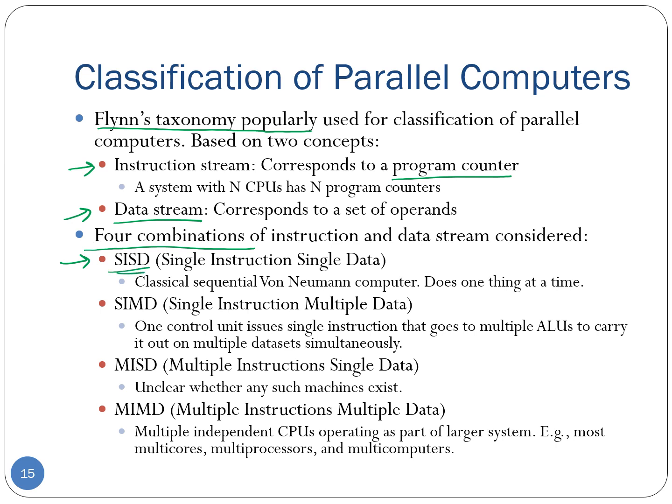Exactly one program counter and there is only one source of data operands. So this basically refers to our classic uni-core uniprocessor machine that can only do one thing at a time. So that is single instruction, single data kind of machine or computer architecture. So this kind of computer can execute one single process at a time. There is only one program counter in the processor and the data or the operands are also coming from the